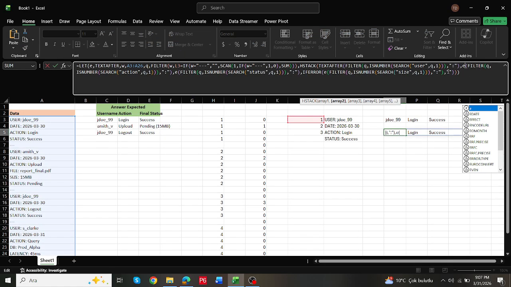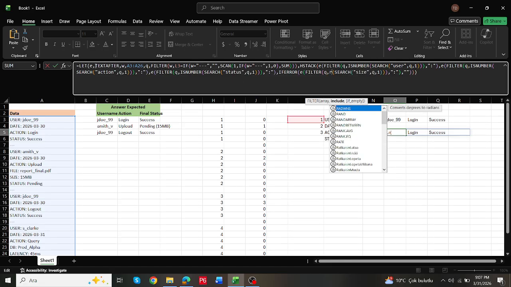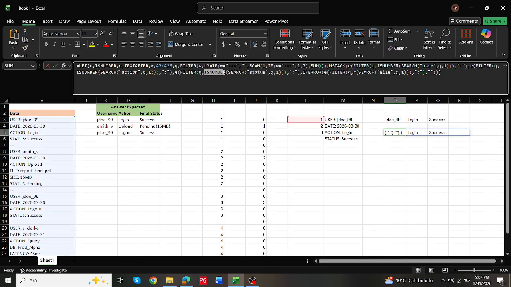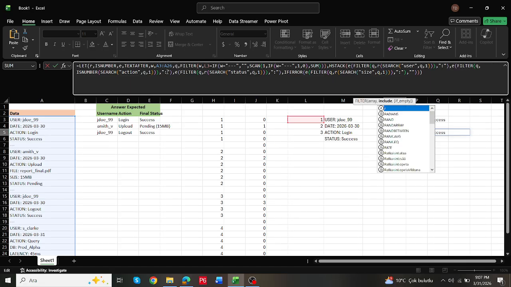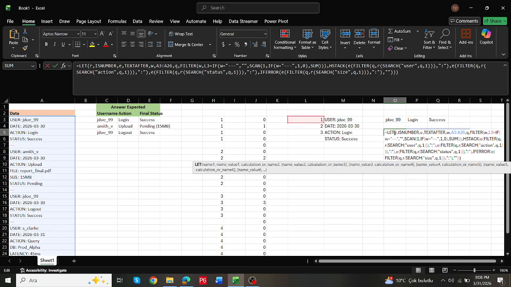For text after I can use e, and similarly I can do the same thing for is number. Instead of is number I will use r from now on. So as much as possible, we shorten the formula. After that I will apply